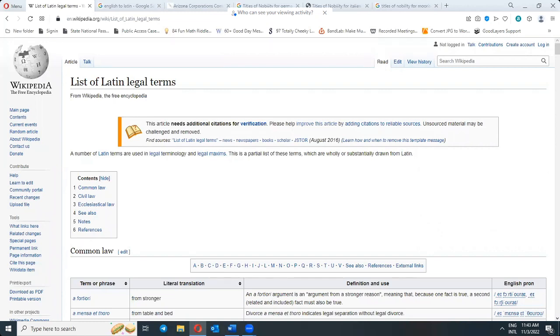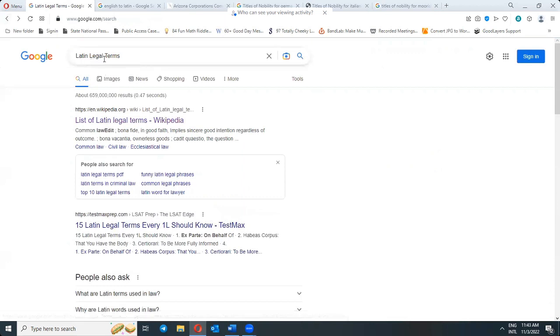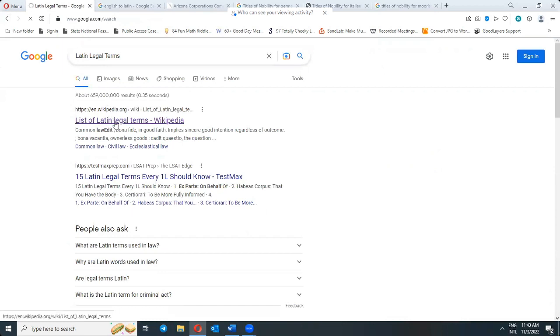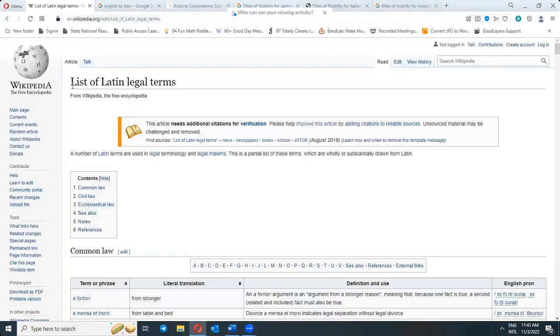So we can go to a search engine of your choice and search Latin legal terms. And then we click on the Wikipedia link and see the list of Latin legal terms. And right here in this box, this gives you a list to choose from: common law, civil law, ecclesiastical law, etc. And there are more terms. If you go to the bottom,